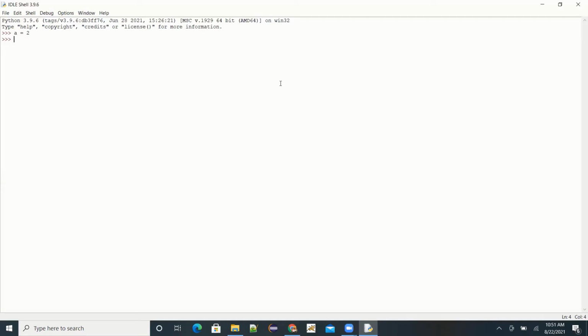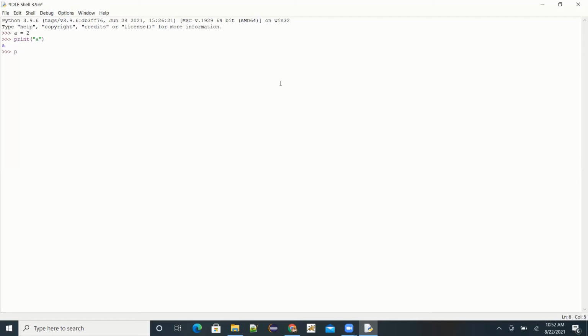Okay, so let's see how it will look. If I try to print the variable, see one more thing. If I write like this, it will print a as a string, because I am printing a inside double quotes, which means I'm printing the string.